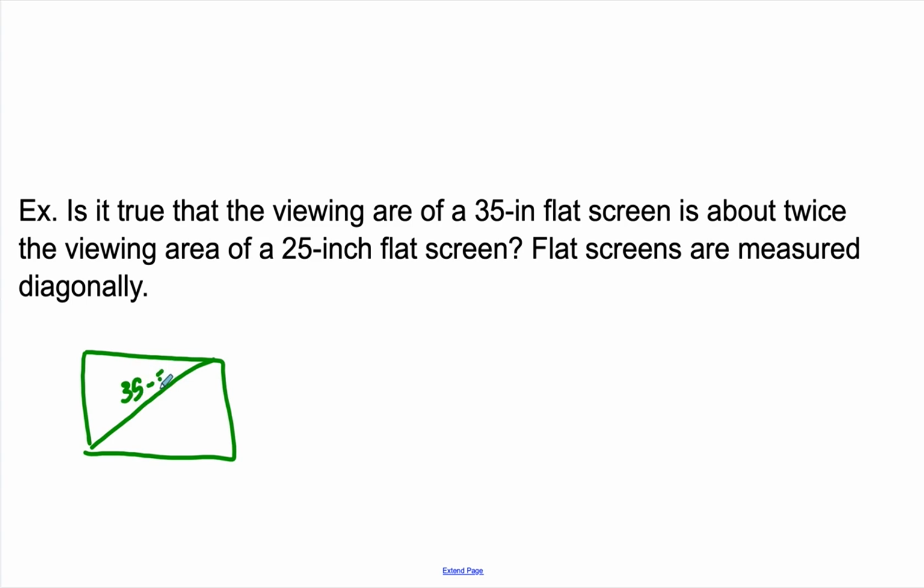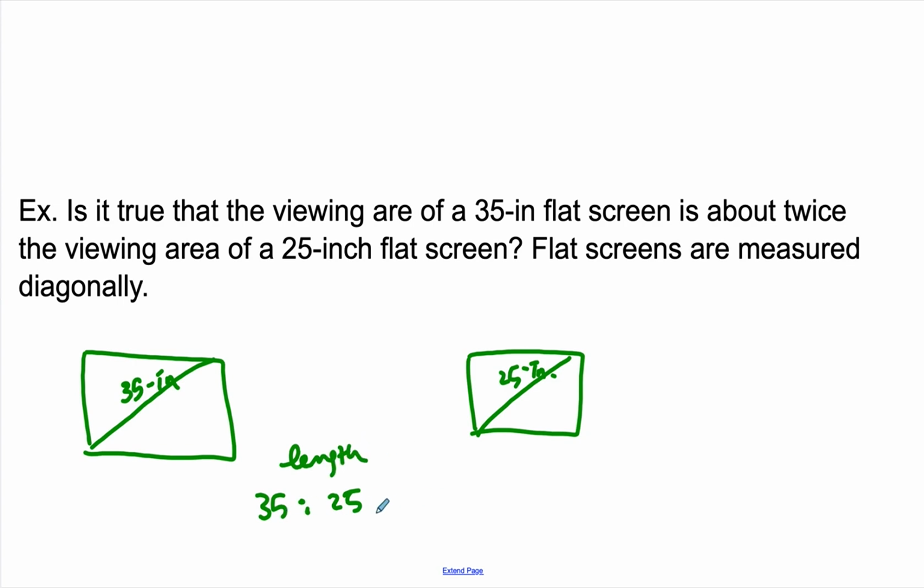So 35-inch flat screen is about twice the viewing area of 25-inch square. We're gonna compare that with 25-inch square. So what is the ratio between these two? It's 35 to 25 in length. If we want to simplify this, both are divisible by 5, so it is 7 to 5 ratio,